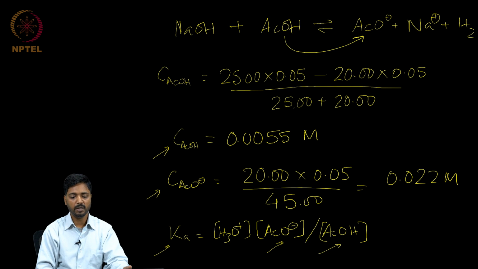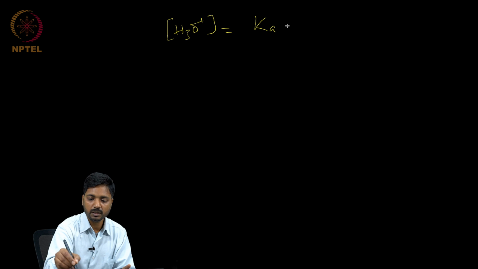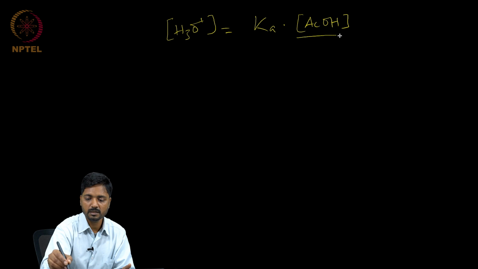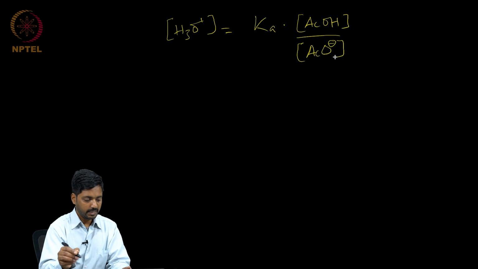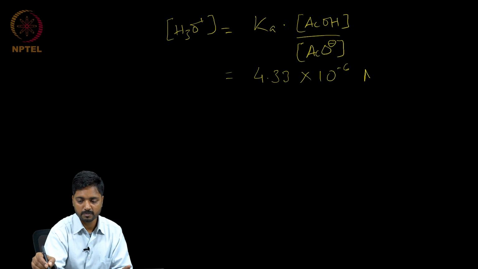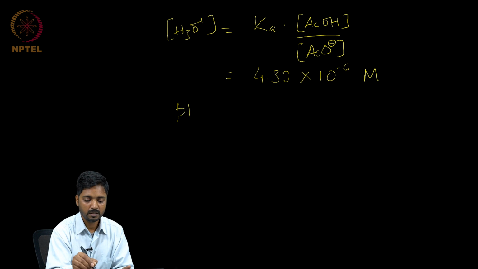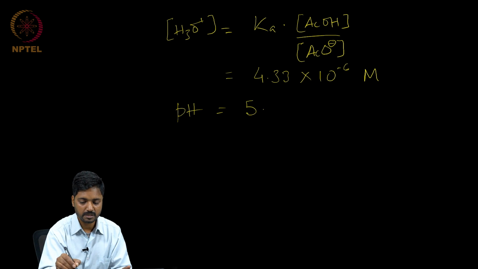So, this will help us get the hydronium ion concentration, which will be equal to the Ka value times the undissociated acetic acid divided by the acetate ion concentration present in the medium. This solves out to be 4.33 × 10^-6 molar, and from here the pH value can be calculated, and the pH has already risen to